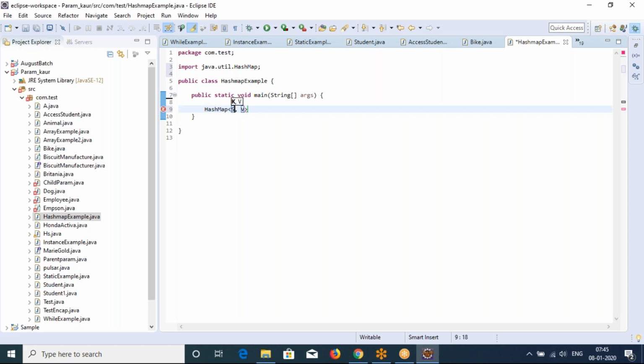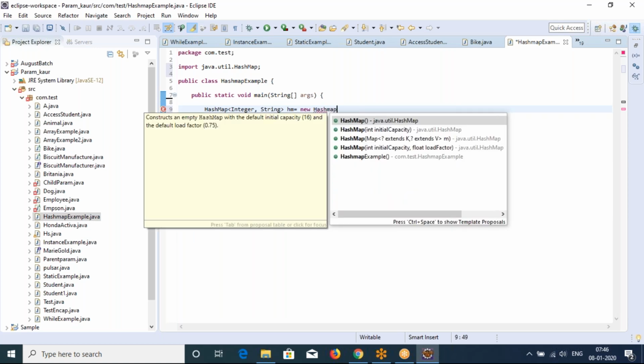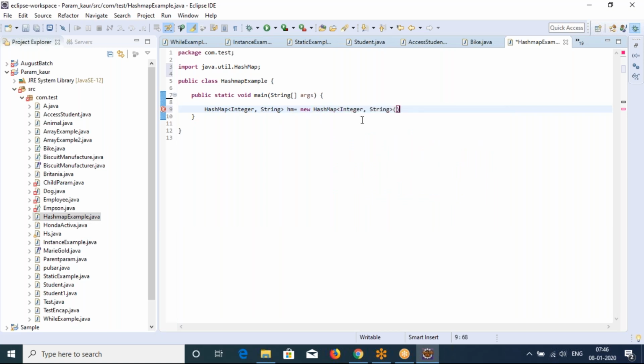I can give key and value, key value, string integer, or let me take integer and string, will be comfortable. Integer, string, hm equal to some object equal to new hash map. Okay, same.